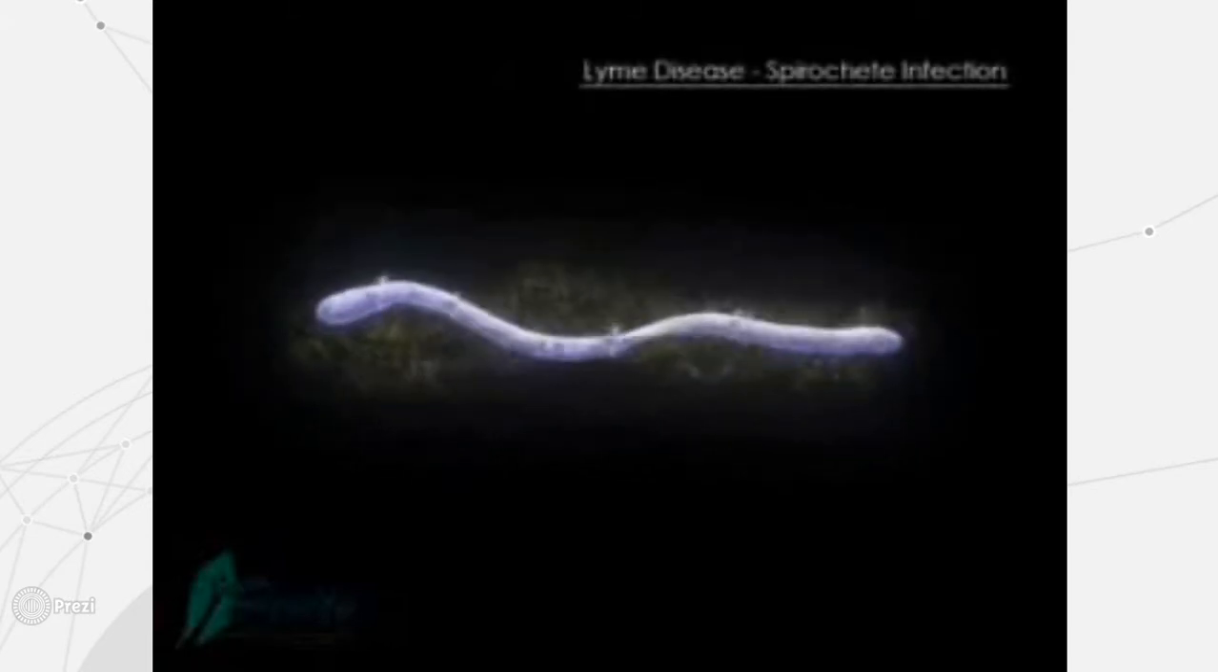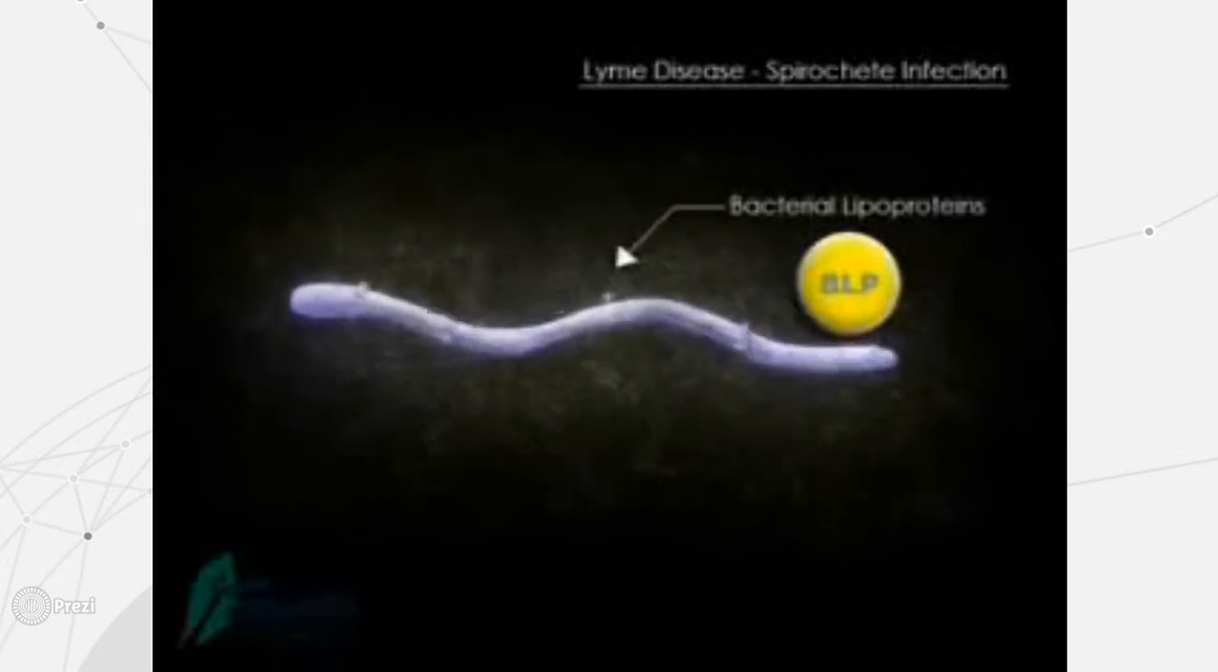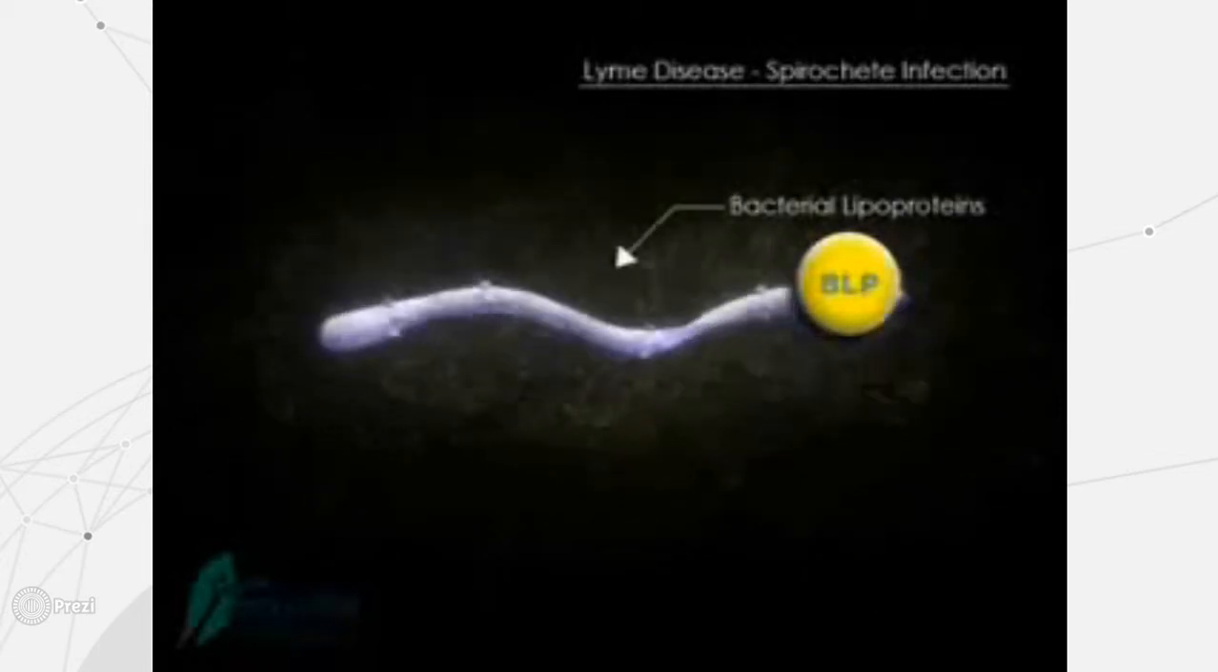Lyme is characterized by a spirochete infection. The spirochete releases bacterial lipoproteins, which are a neurotoxin. The BLP neurotoxin